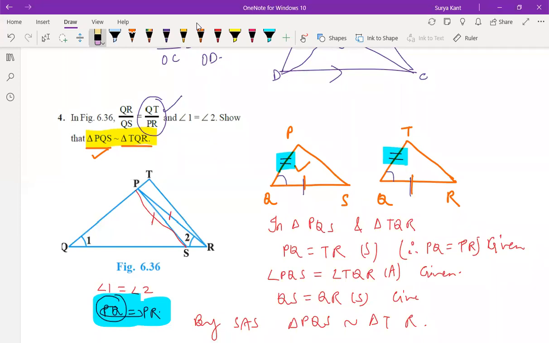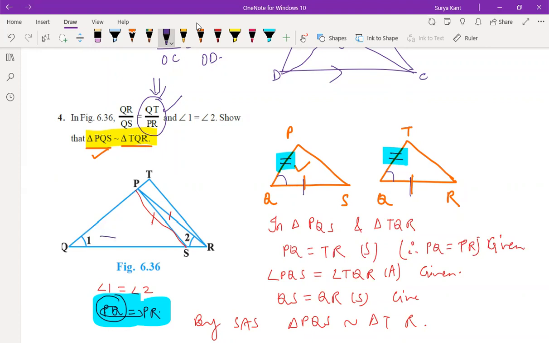So if these two angles are equal, we can say this for both sides. Okay, fine. So PQ is equal to PR is given. So this both we can write. So here there is no use of this line then, right? This line is not having any use, correct? By this only we can write.